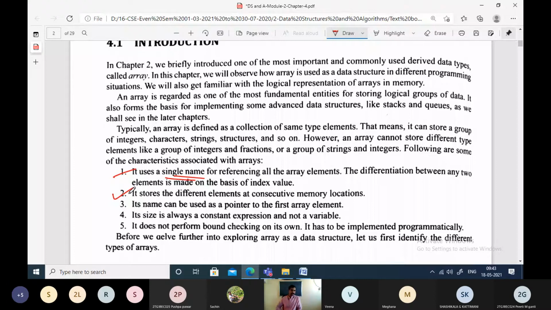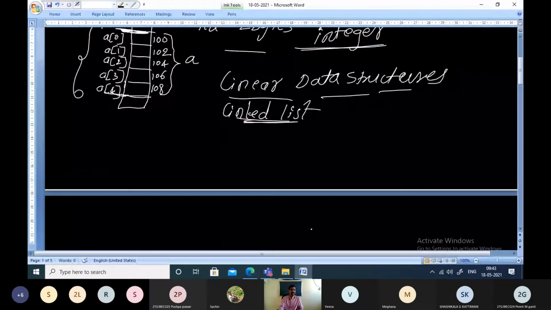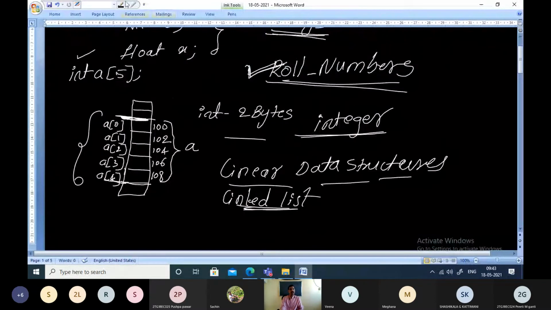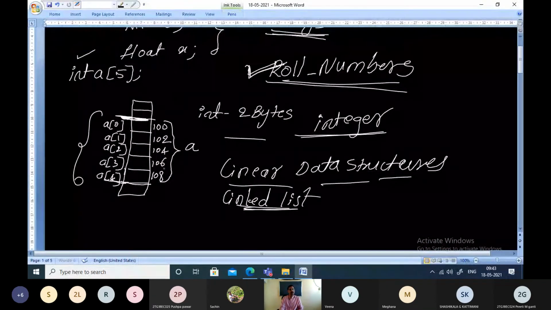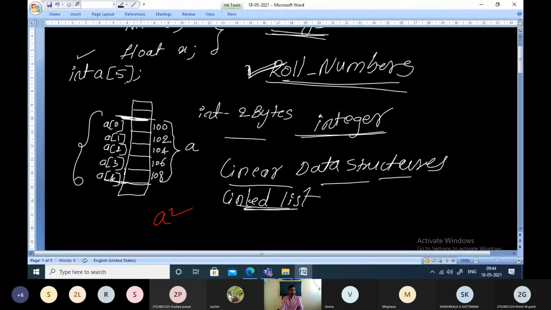The next property is that its name can be used as a pointer for the first array element. When we have this array, what is the name of this array? The name is A. So this name itself can be used as a pointer for the first element.